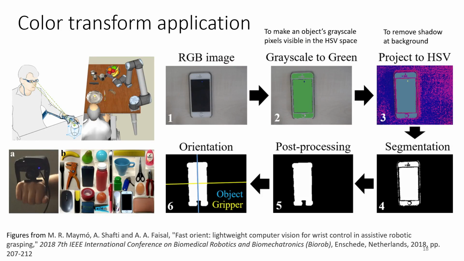Now we mentioned it earlier: image processing, you can treat it as a helper for computer vision. And let me show you an example of how other researchers use image processing, or use the color space, for their computer vision task. So this is a paper. You can see the paper was published 6 years ago in the International Conference on Biomedical Robotics and